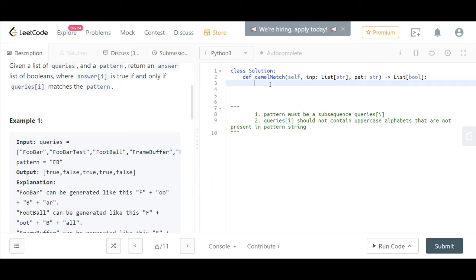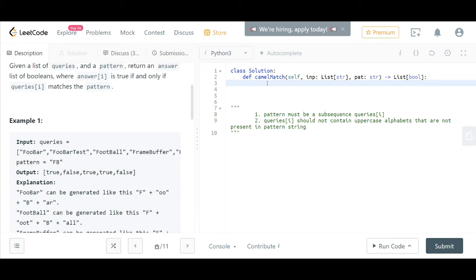What I'm trying to do here is loop through the queries list, and for every string in this list, check whether the pattern string is a subsequence of it, and also whether this string has any additional uppercase alphabets that are not present in the pattern string.